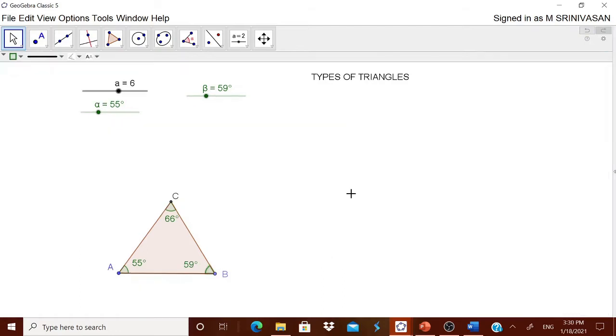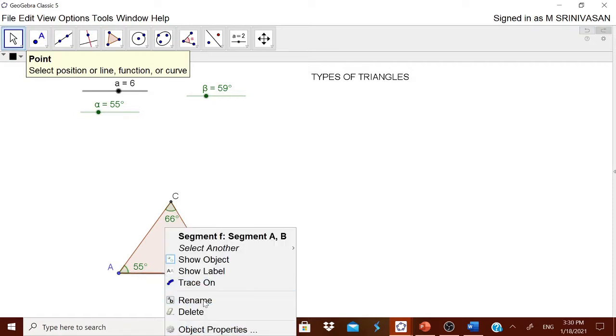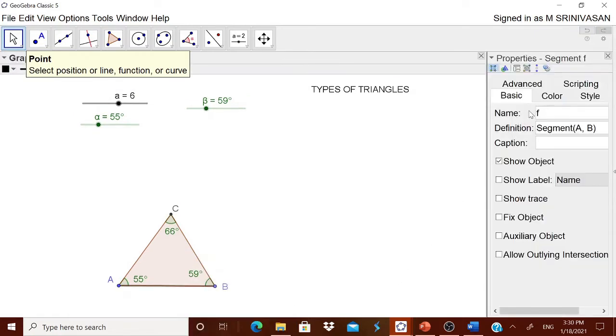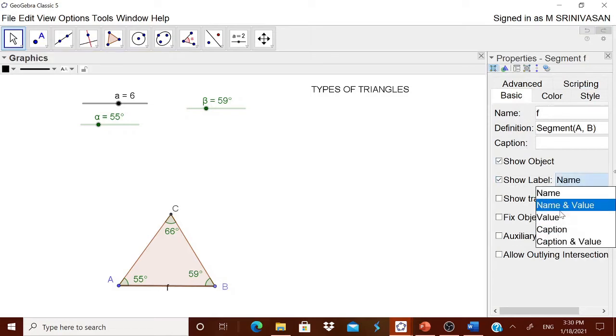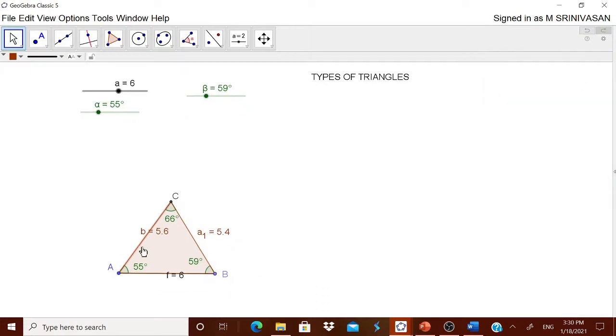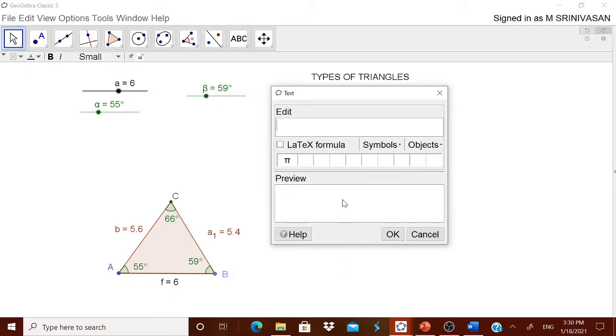Okay, good. Now let us go for getting the sides. That is also needed. Therefore touch it, go to the object properties and then show its name and value. Again you can go for this side, again go for its name and value, again go to this side, again go for its name and value. Good. Now you are seeing here we are getting one triangle. Now A and F are not the same because you have drawn two times, therefore A and F it is coming.